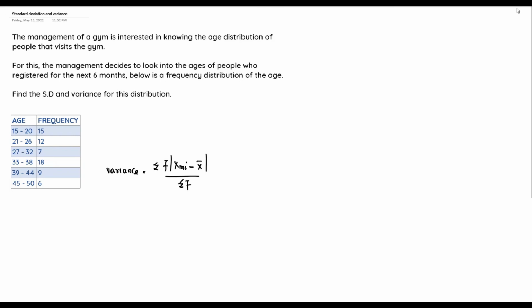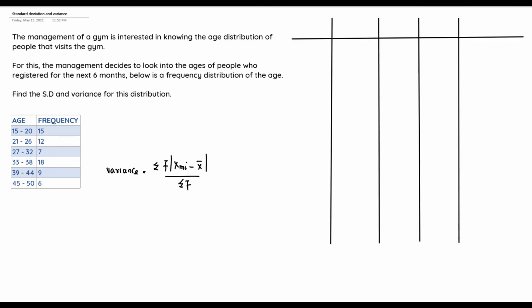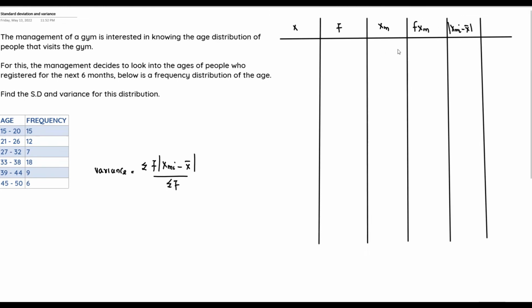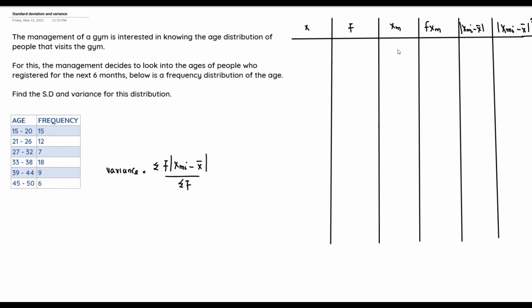So let's quickly sketch our frequency table. The first step is for us to extract the details from our table down into the reconstructed table. So we have